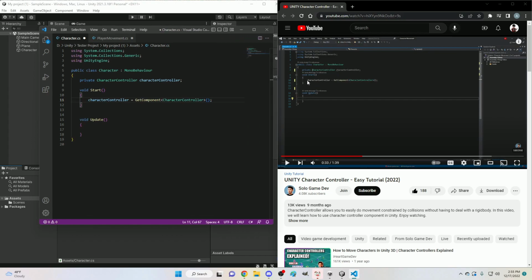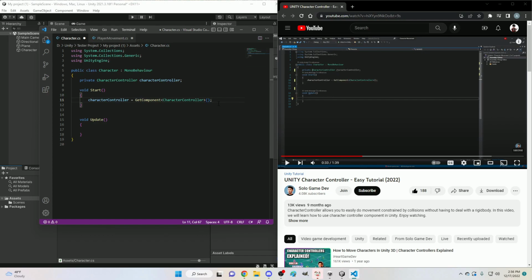Okay, double checking: lowercase c, uppercase C, space, equals, space, GetComponent with two capitals, less than, capital Character, capital Controller,